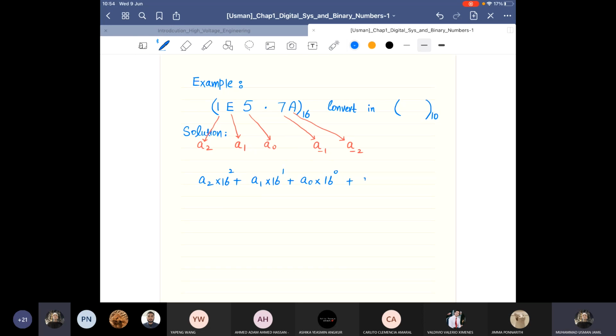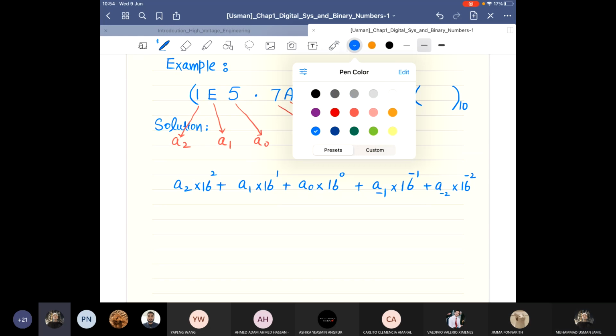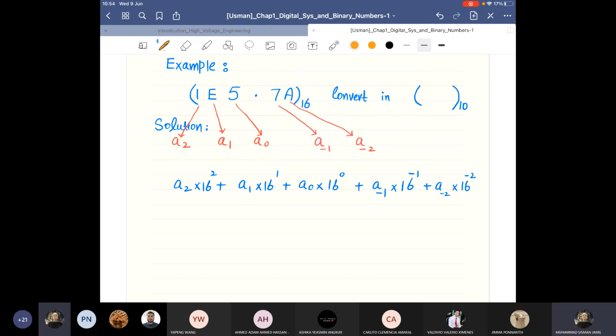So again now A minus 1 into 16 power minus 1 plus A negative 2 into 16 power minus 2. And when you substitute the values, then you can get,